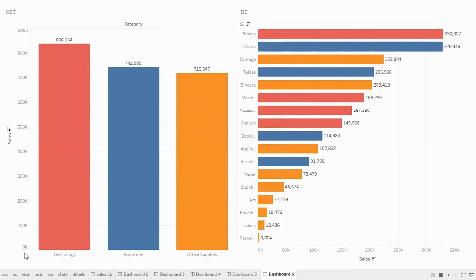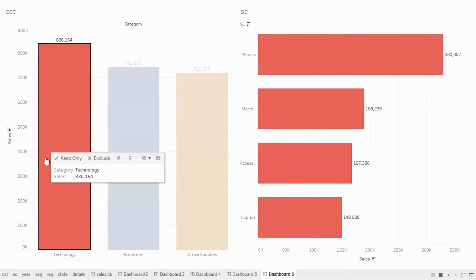So this makes your visual more interactive. If you remember, when we did the same action within the worksheet, when we clicked on a particular category, it would take us to another sheet. But here it is more interactive. Supposing you are giving a presentation, you are talking about the technology, saying the technology is the category which has given us the maximum sales, and in technology phones has contributed the most.